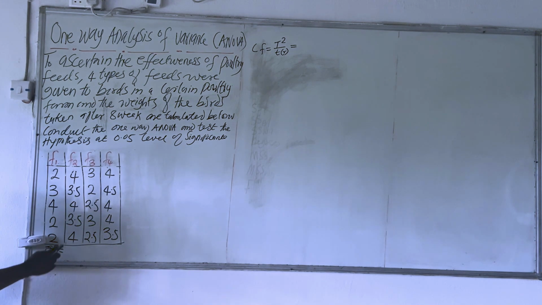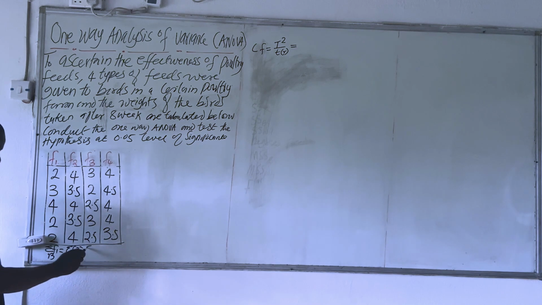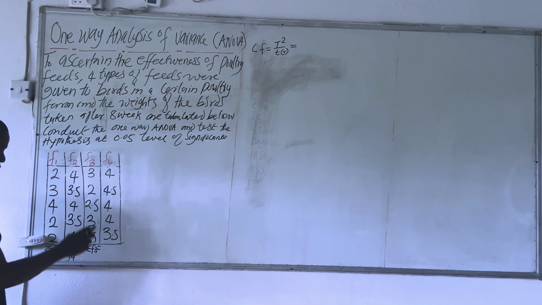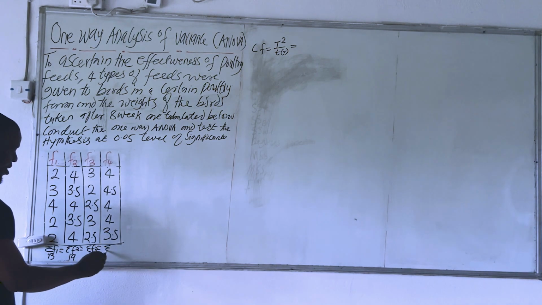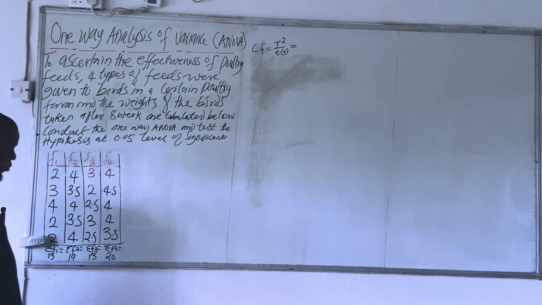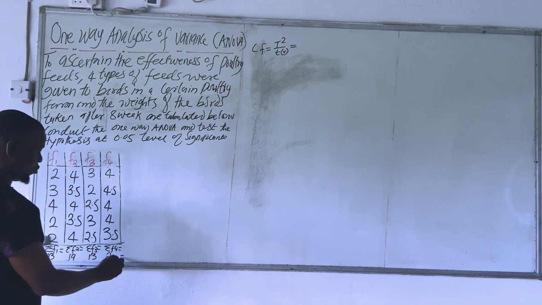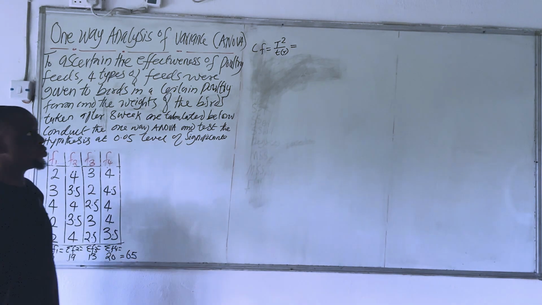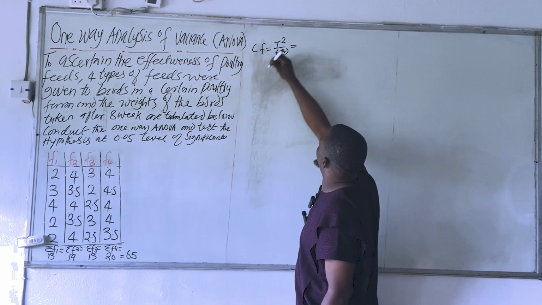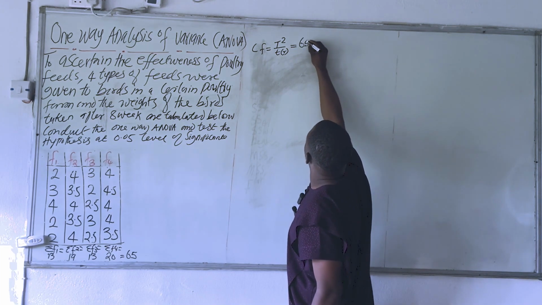13. Now our summation of f2 is equal to, if we sum these values, what do we have? 19. Now our summation of f3 is equal to 13. And then our summation of f4 is equal to, if we sum these values, what do we have? 20. So if we sum 13, 19, 13, and 20, it will be equal to 65. Okay. So which means that our correction factor is equal to 65 squared